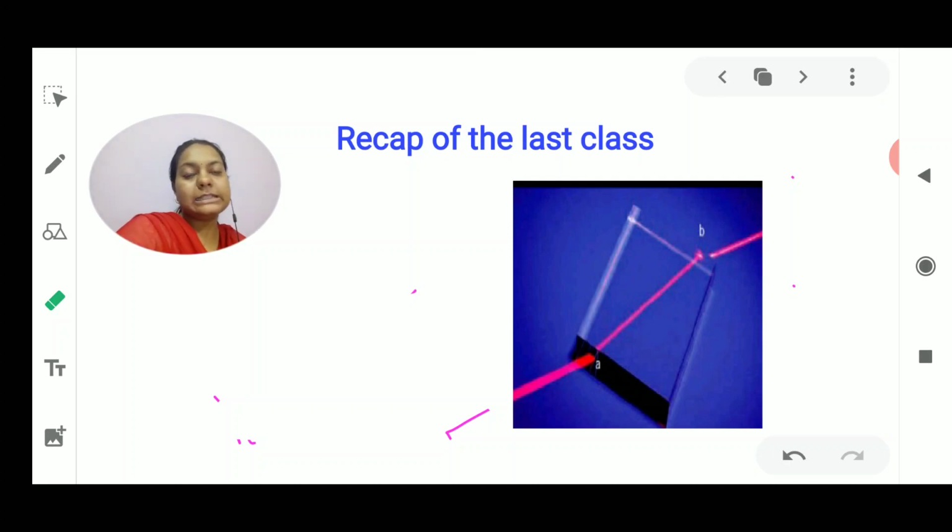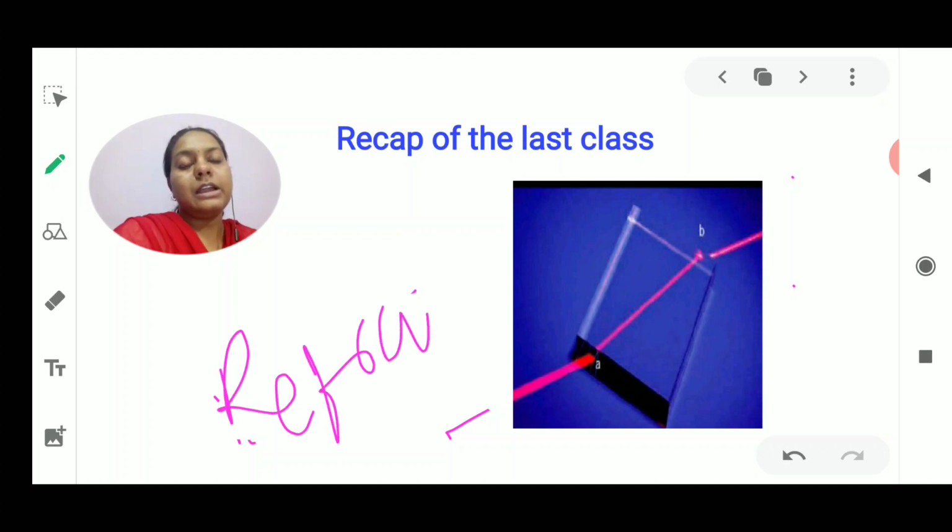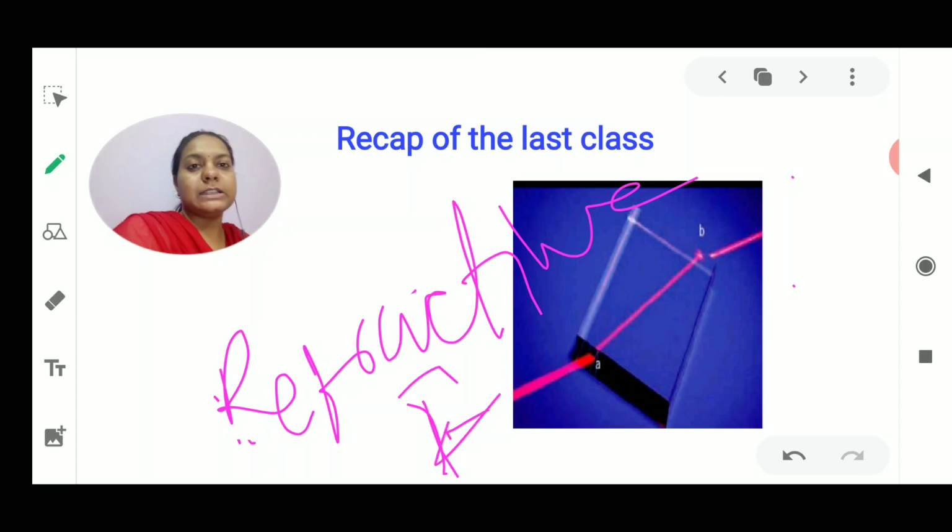Okay, we have seen Snell's law also, which is an expression of the sine of angle of incidence upon the sine of angle of refraction. The sine of angle of incidence upon the sine of angle of refraction is always a constant, and that constant is the refractive index. Okay, and we talked a lot about this refractive index in our last class. Fine, so with this I'll start with today's video, which is based upon